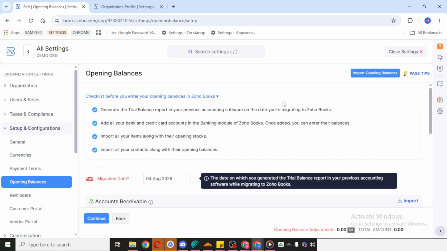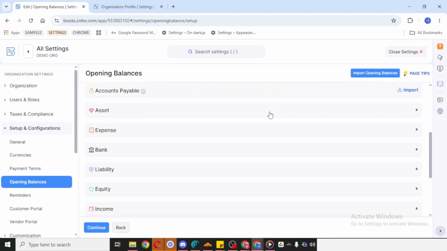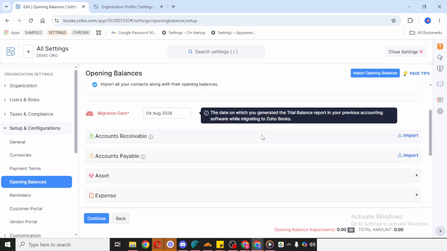Next, click Edit. This opens the editable view, allowing you to make changes directly to the opening balance details. Once you're in this screen, this is where you can edit your opening balance. Take your time and review the values carefully before making any adjustments. Even a small change can affect how your reports appear, so it's a good idea to be precise.